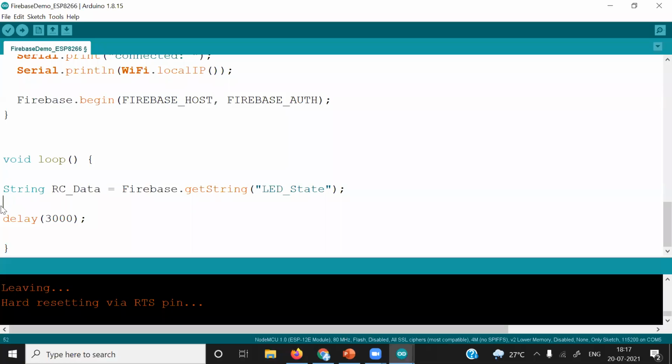So we'll put a condition of if the RC data, the data we are going to receive from Firebase, equals to, okay, we are going to compare it with a string.